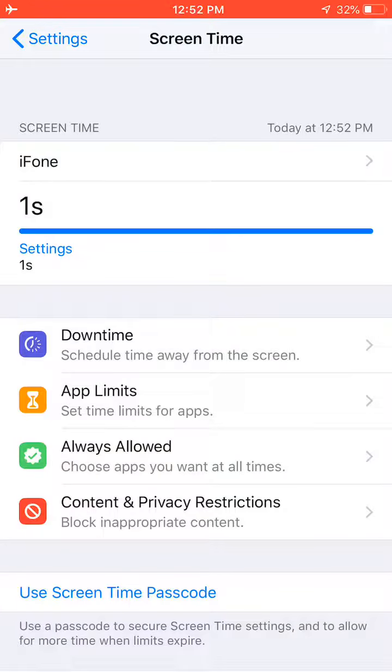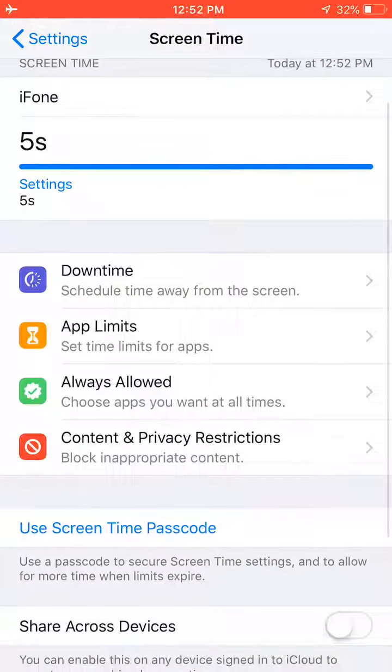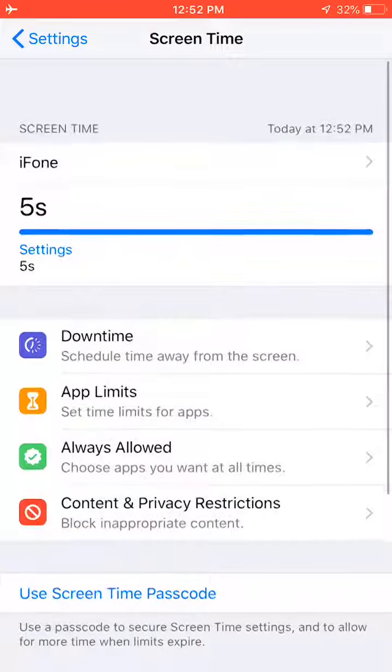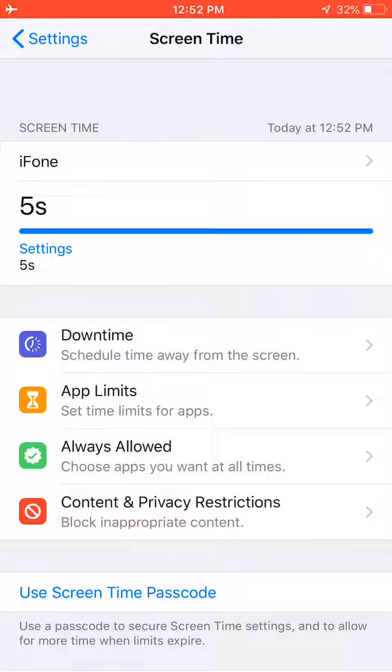You can go through a lot of things and it will show you what your screen time is and everything like this. Okay, let me know if you have any questions. Play around with it, see what you like, and